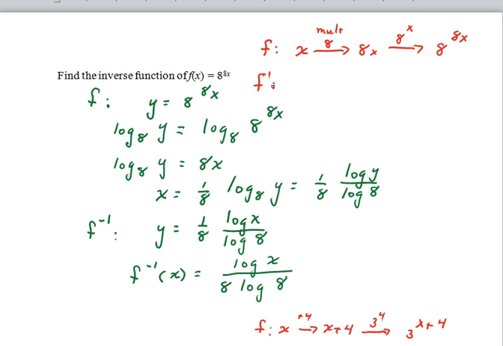So f inverse would start with x, take log base 8, which would give us log base 8 of x, and divide by 8, or multiply by 1/8. And so we'd get 1/8 log base 8 of x, which when we